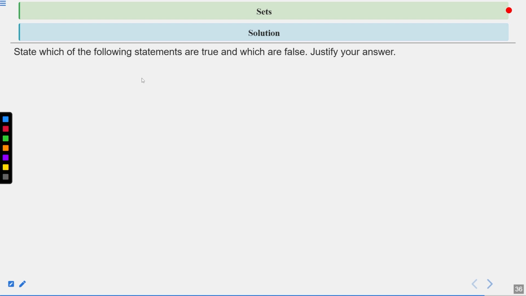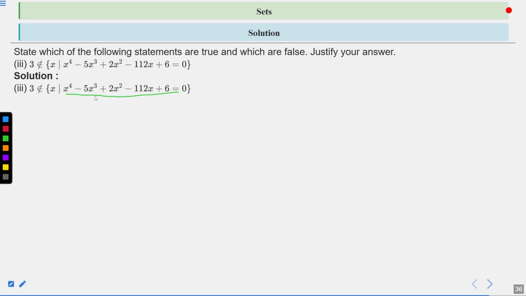Now in third statement, we are having 3 does not belong to the collection. Collection is collection of all x such that x raised to power 4 minus 5x cube plus 2x square minus 112x plus 6 is equal to 0. Simple. Solution. So first of all, we'll just put 3 in place of x in this equation and try to see the equation is satisfying or not. So equation x raised to power 4 minus 5x cube plus 2x square minus 112x plus 6 is equal to 0. For x equals 3,